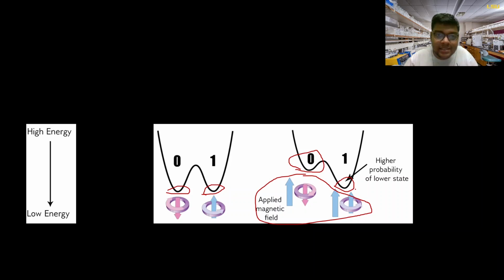So if I just summarize everything, you are doing quantum computing to increase the chances of a certain state being the result, and certain other states not being the result. For example here, what you have tried to do is that you want 1 to be the solution, and you don't want 0 to be the solution.